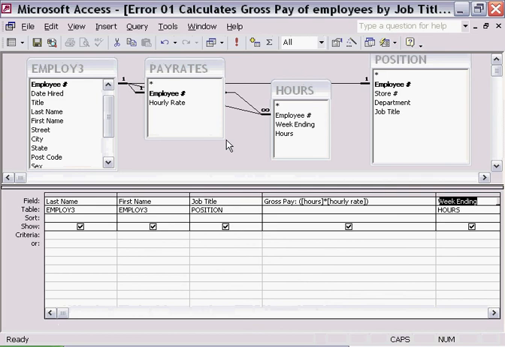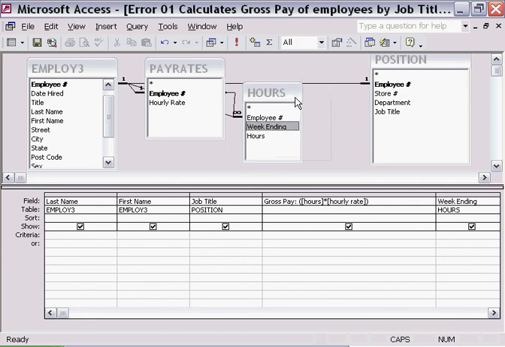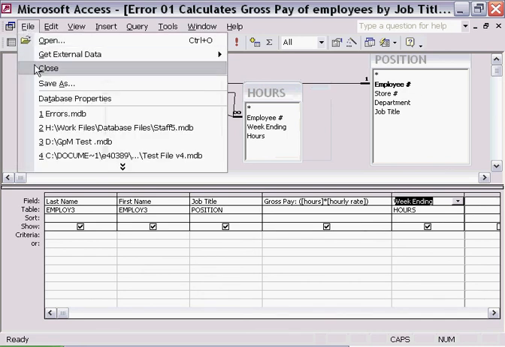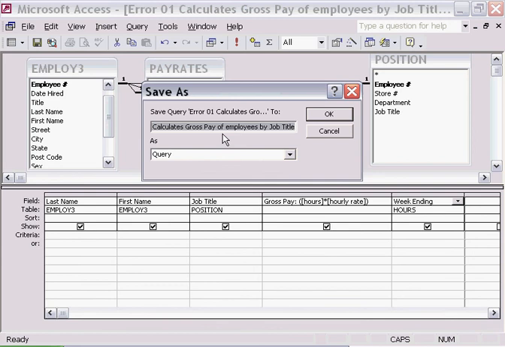So in terms of using this database with errors, they're the sorts of problems that you need to be able to work through. What I would suggest you try to do yourself is to go through these exercises, work out what the problem is, solve the problem, and then for your own benefit, save the database, or save the query I should say, under a new name, call it, say, error 1,